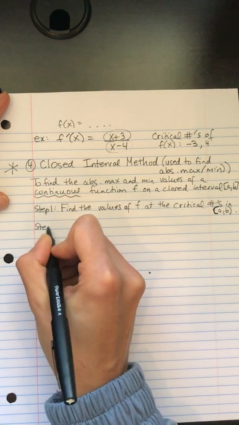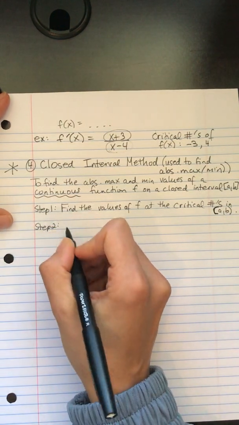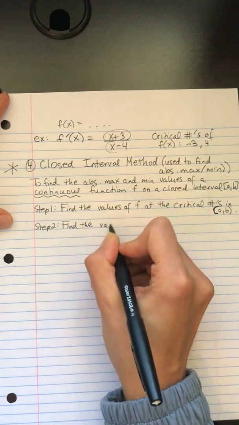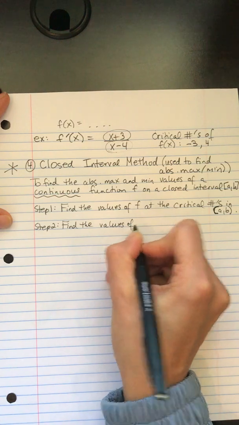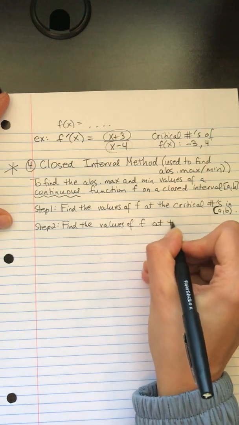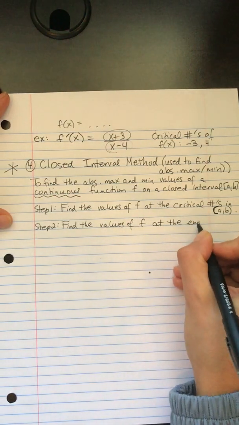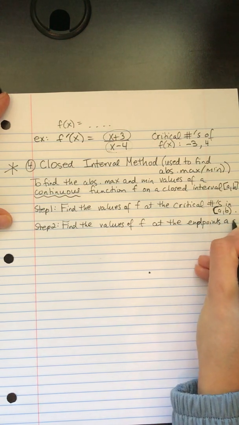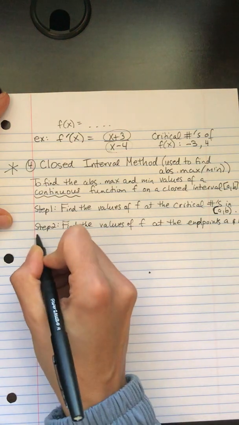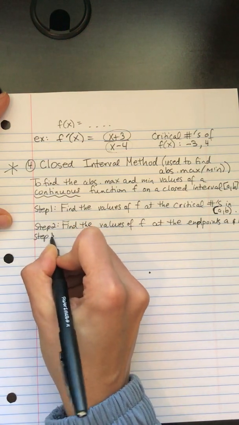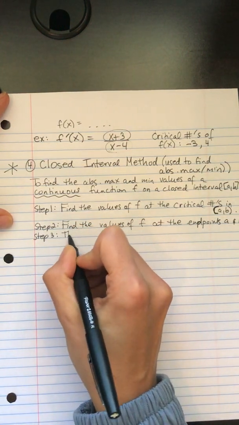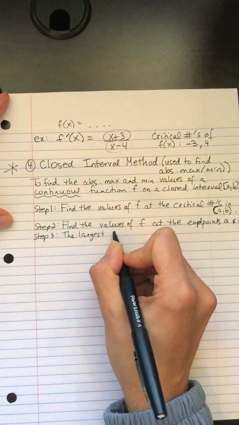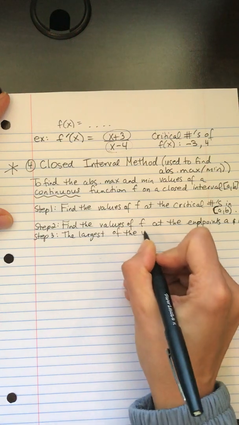Step 2, find the values of f at the endpoints a and b. And step 3, the largest of the values from steps 1 and 2 will be the absolute max